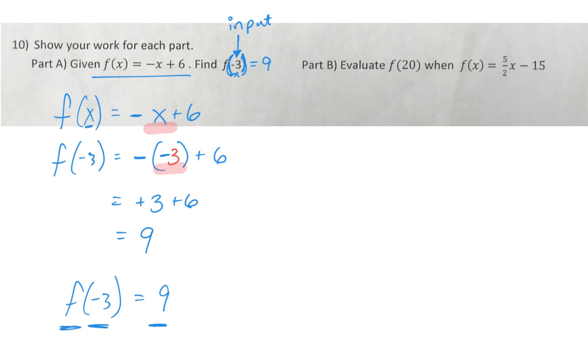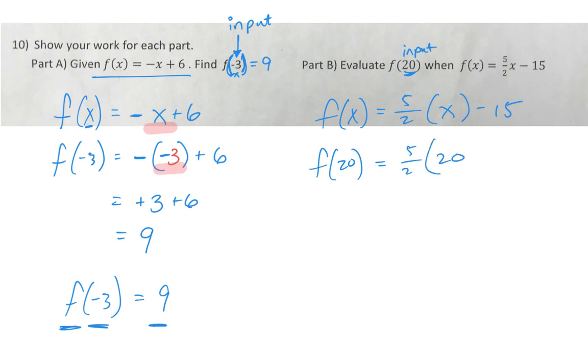All right, the next one says f of 20. So that means I have an input of 20. f of x equals 5/2 times x minus 15. I'm going to replace x with 20. So f of 20 equals 5/2 times 20 minus 15. Anywhere I had x's, I replaced it with 20. So when the f function has an input of 20, it equals,